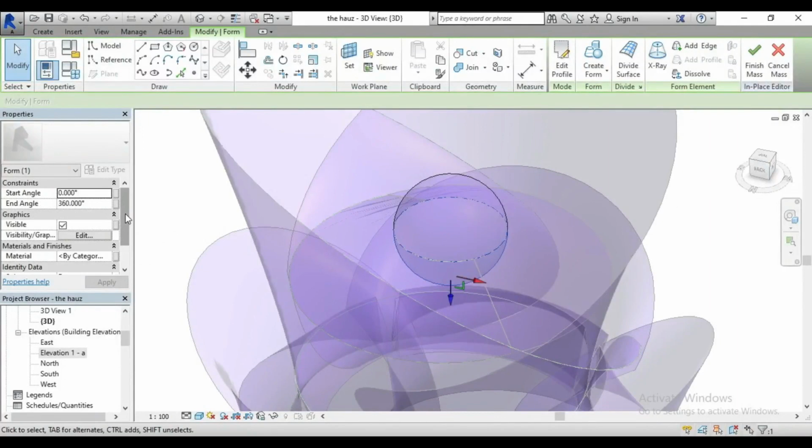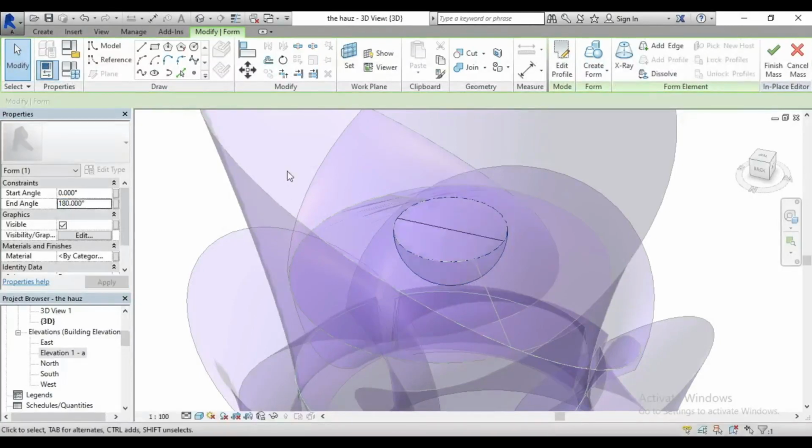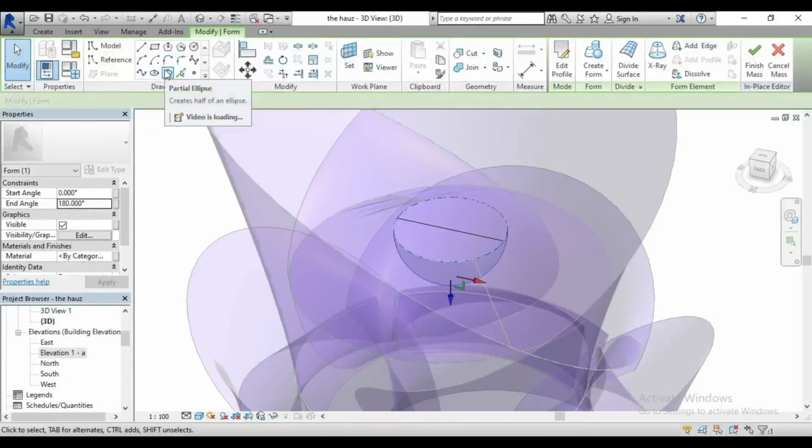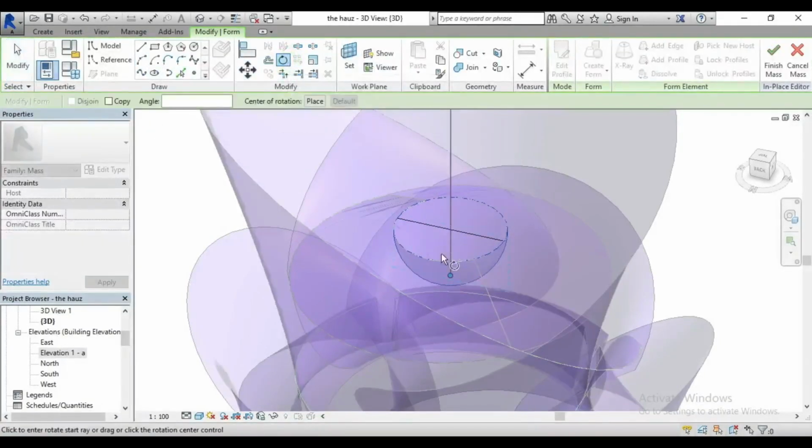We'll need to rotate it because of the way we created the sphere. If we remove half, it is the upper half that is going to be removed. So you can see the upper half that will be removed instead of the bottom. So we have to